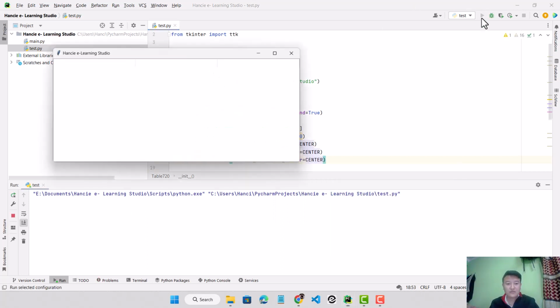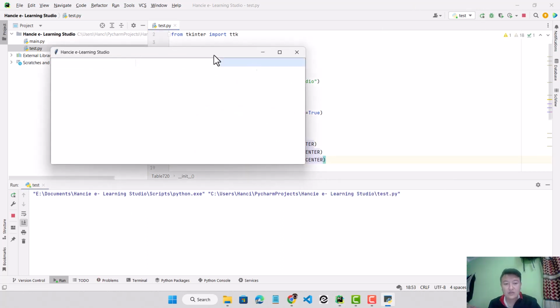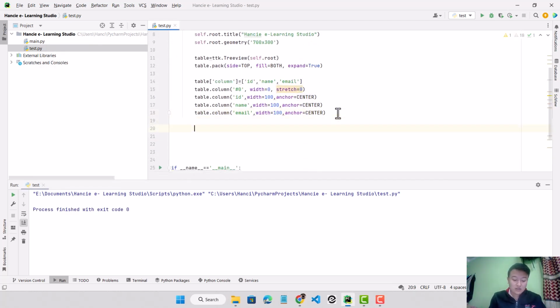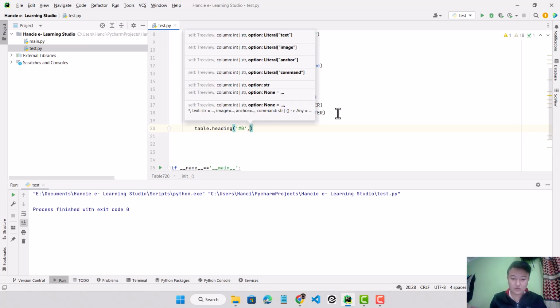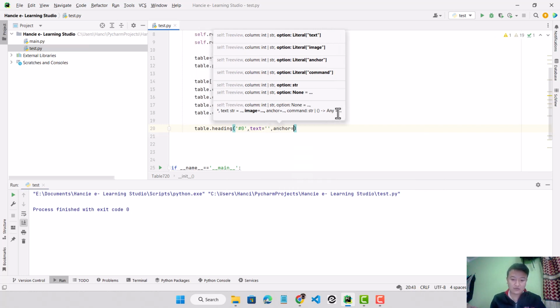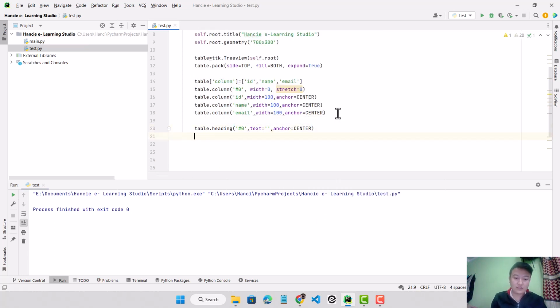Okay, now I have here 3 columns, and I have also set the width of each column, and I have given the anchor center. That means the text will be shown in the center. Now I'll give the heading of each column from here. table.heading for 0, and this is the initial column, so for that we don't give the text, we'll just say the empty text, and anchor equals to center, and we'll continue with id